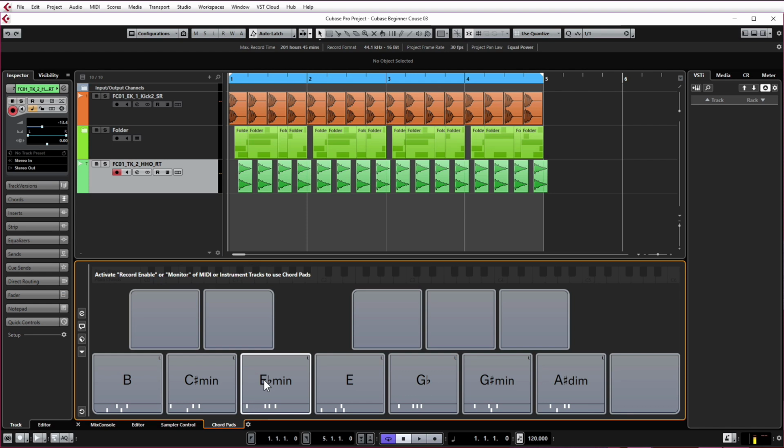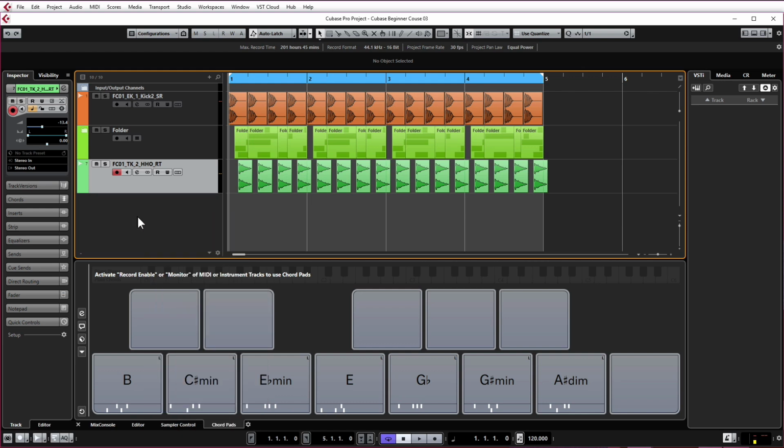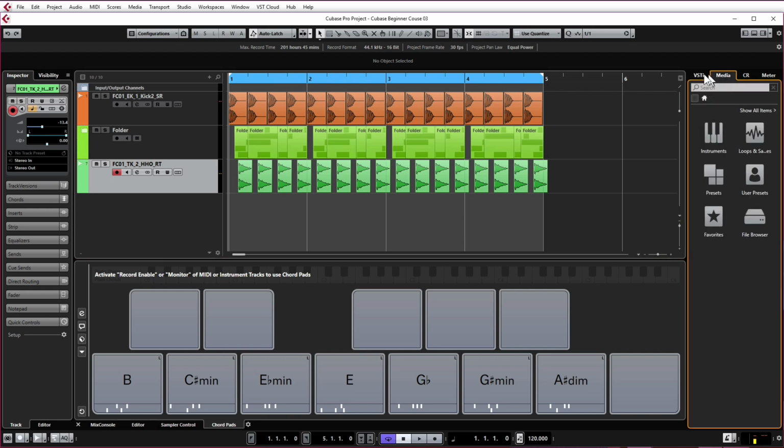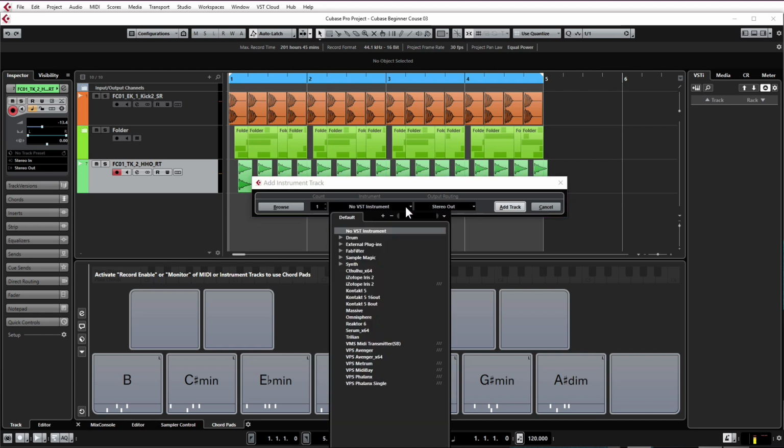So we need to create an instrument track. Several ways to do this, but you can right click in the Arrange window and click Add Instrument Track. Or you can come up to your right pane, make sure you're on VSTI. We were on Media before in the previous lessons. Make sure you come onto VSTI and right click again and add track instrument. Now you just need to select which instrument you want to use, and I'm going to go to the inbuilt synths that come with Cubase and double click on Halion Sonic